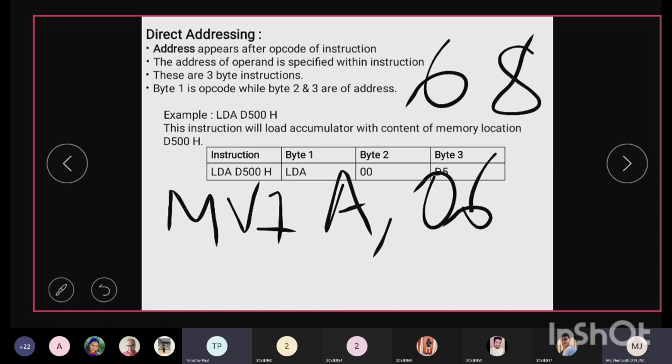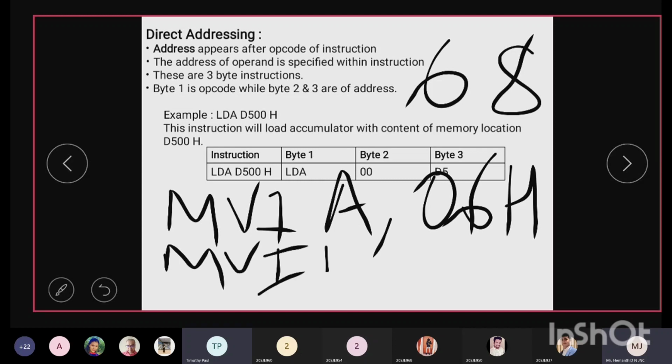This pushes the data to one of the registers, called the accumulator. Then I write one more instruction, MVI B comma 08H. Understood? So MVI A comma 06H and MVI B comma 08H.